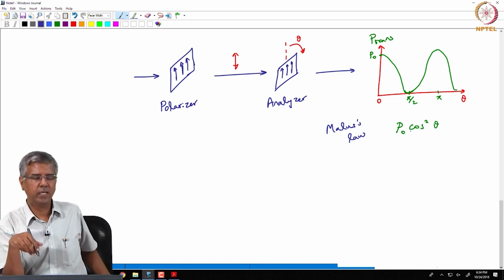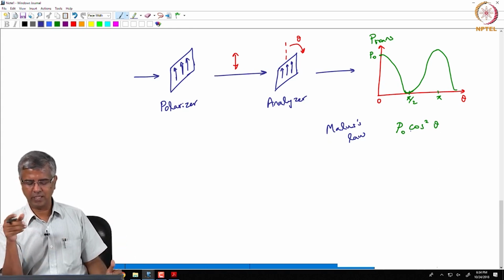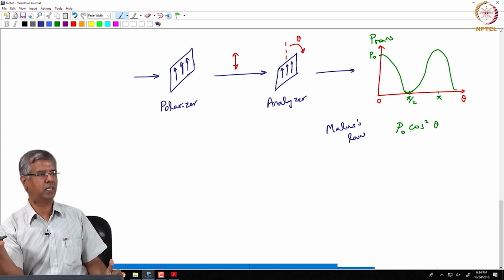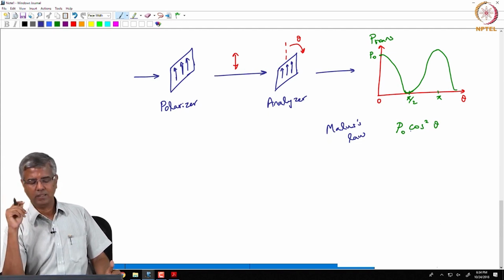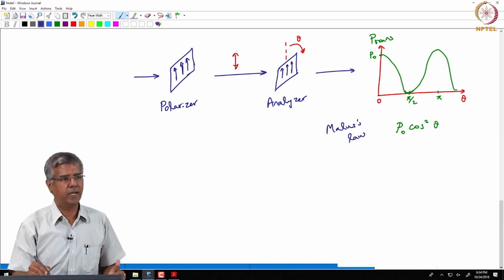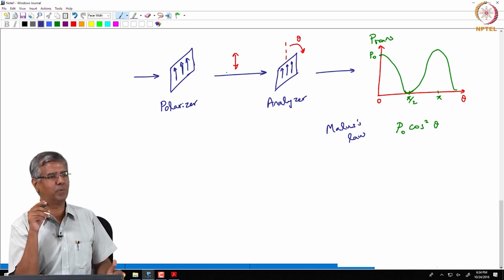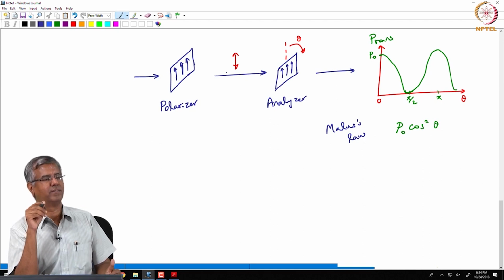So, you will be given two polarizers, one light source and a detector. So, you will be proving Malus's law. And then what if you introduce a component in between? How do your liquid crystal displays work? You know,